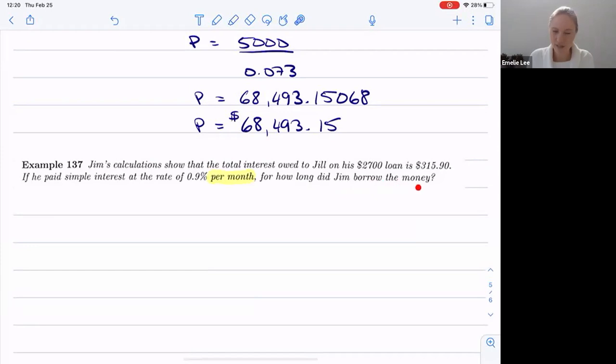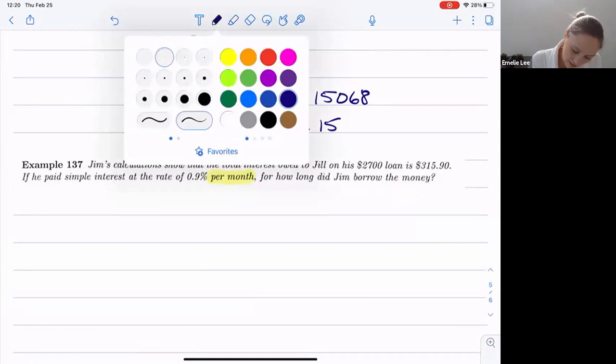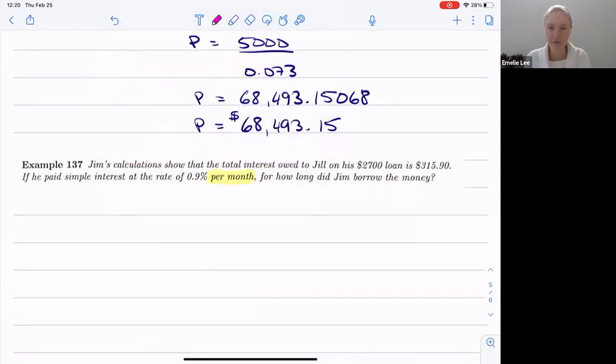For how long did Jim borrow the money? Okay, so we're asked to find T, right? So again, let's go through and tease out all the information that we're given. So it looks like here, the initial amount of the loan, okay, so